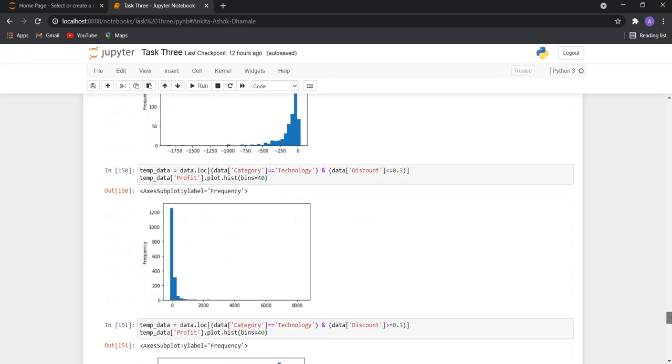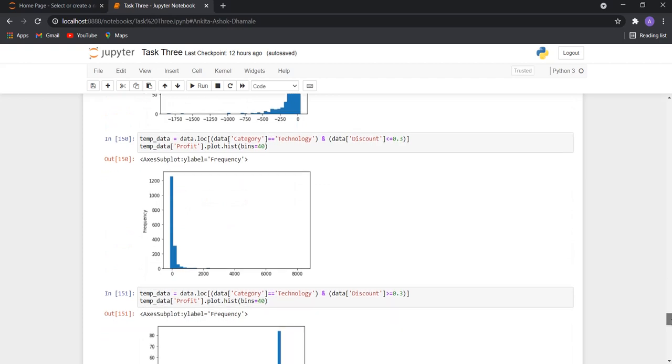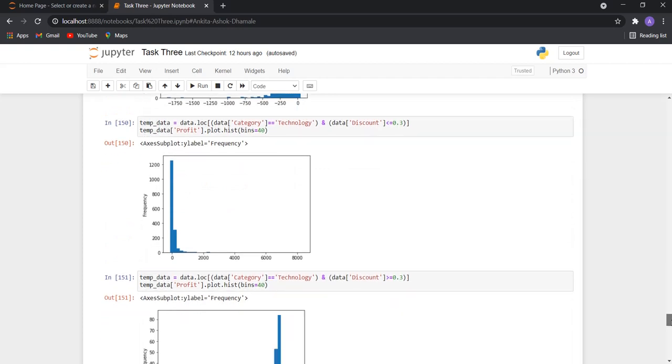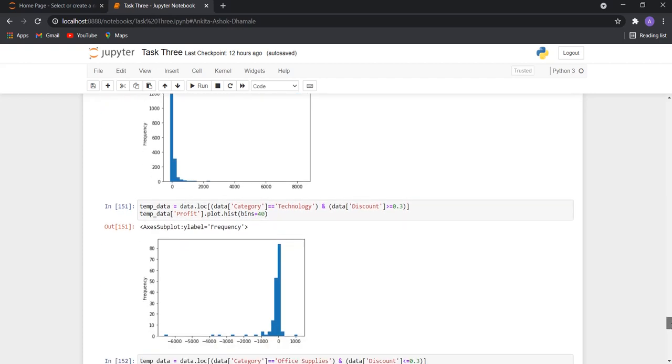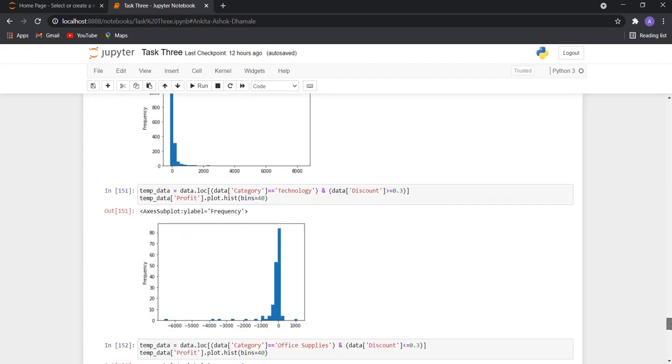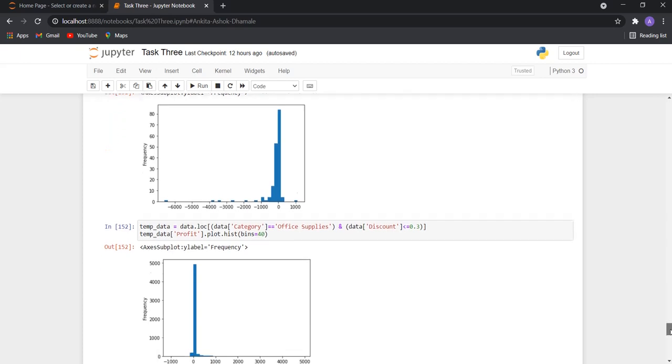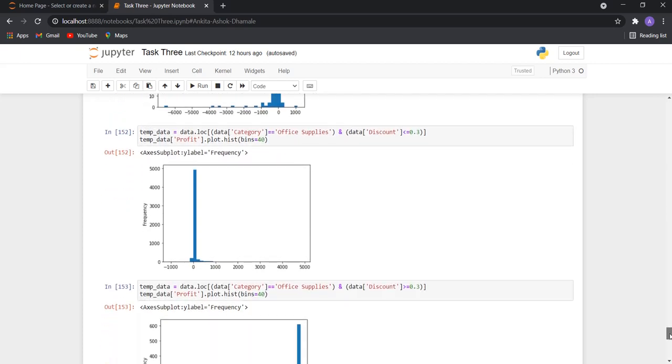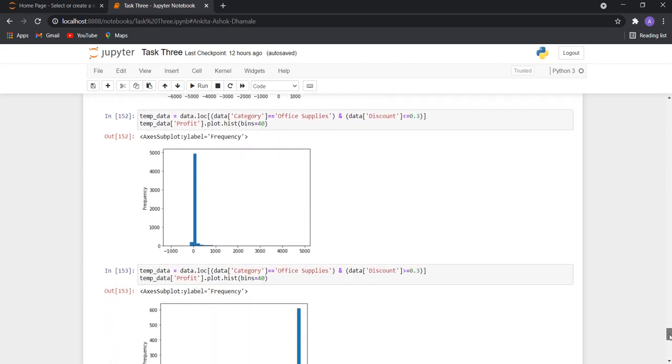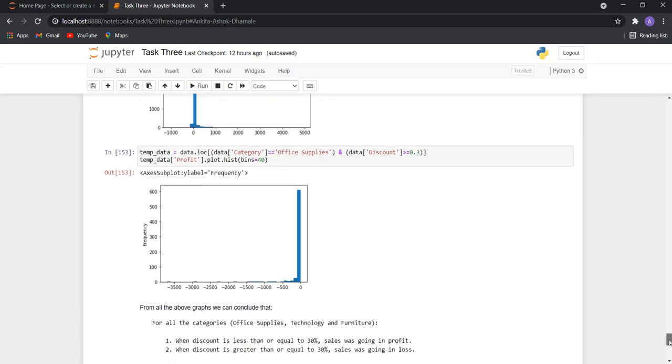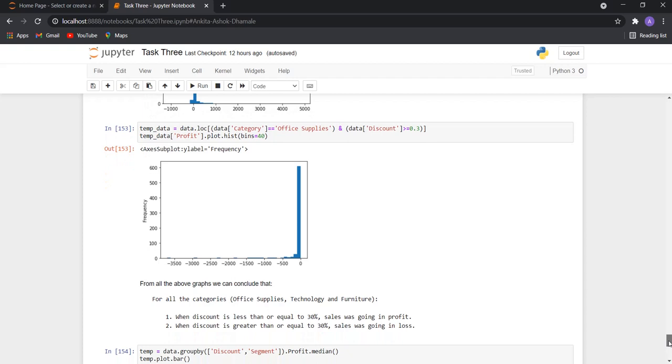Similarly, for the technology category, when the discount is less than or equal to 30%, it gives profit to some extent. While for discount greater than or equal to 30%, there's a huge loss. Similar applies for office supplies. For less than or equal to 30% discount, we get profit, while for greater than or equal to 30% discount, there's a